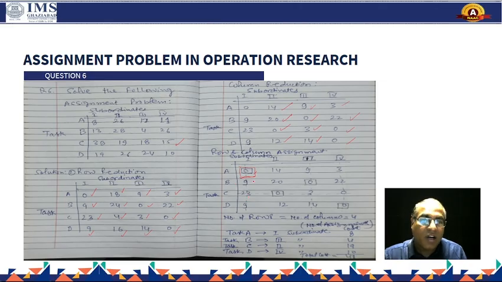Now, second row, we scan the second row. Yes, there is only a single 0. If there is a single zero, then only we can perform the assignment. So in the second row, there is only one zero, which is this one. So mark this zero and cross this column with a dotted line, saying that the third column will not have any more assignments